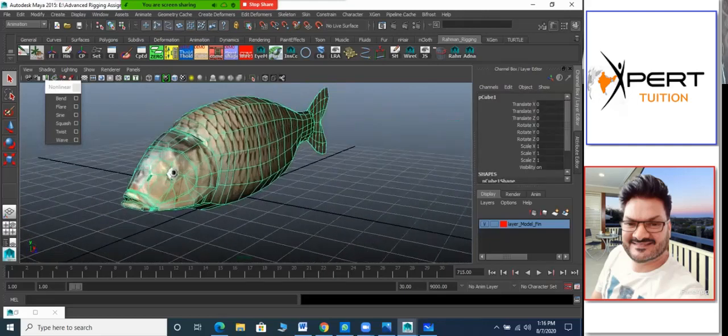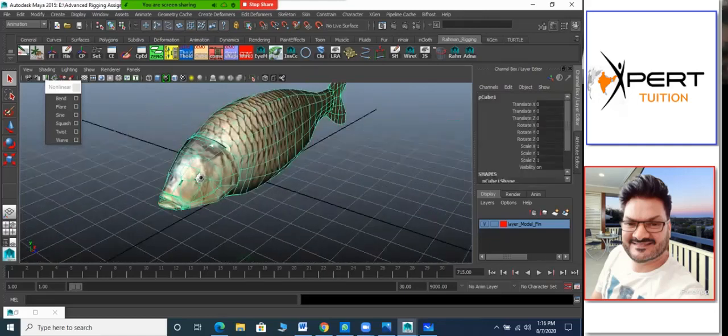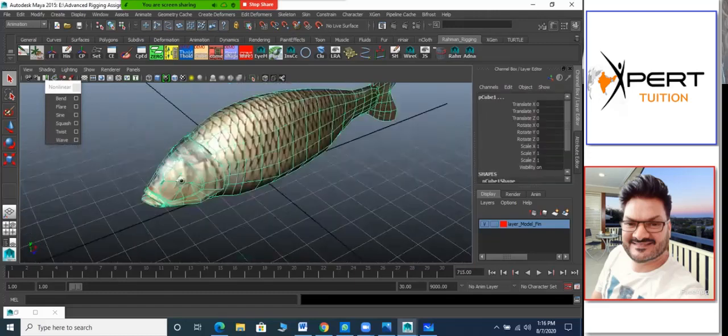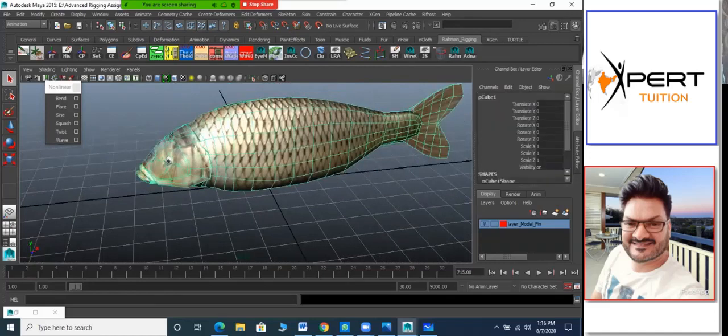So select the body. Just remember that whenever you are creating a deformer, you always need to select the mesh to add it. But you see here I have some extra mesh also, like the eyeball. So that is not going to deform. So you only need to select the mesh which is going to deform. It makes sense? Yes, sir.